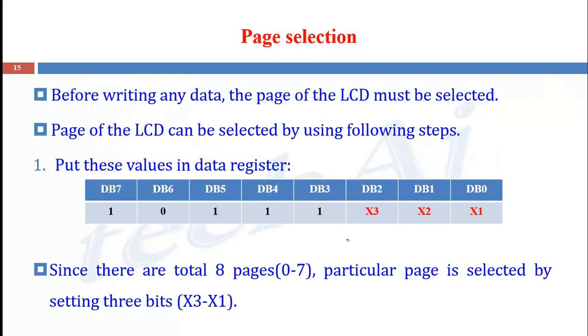Next is page selection. Before writing any data, the page of the LCD can be selected by sending the following set of instructions. For example, on the data lines, we send a set of information such as 1, 0, 1, 1, 1, and the lower 3 bits indicate the page number. As there are 8 pages, a 3-bit combination from 000 to 111 is used to select one particular page from 8 pages.